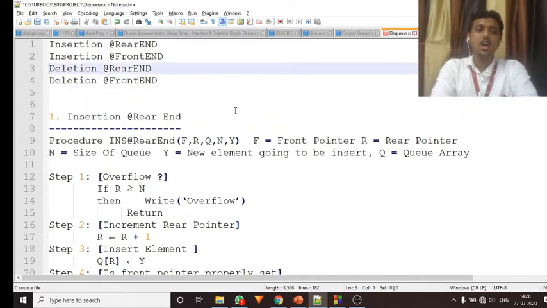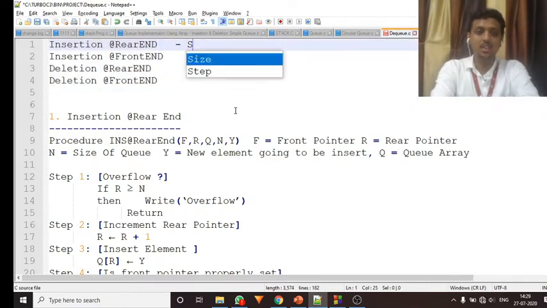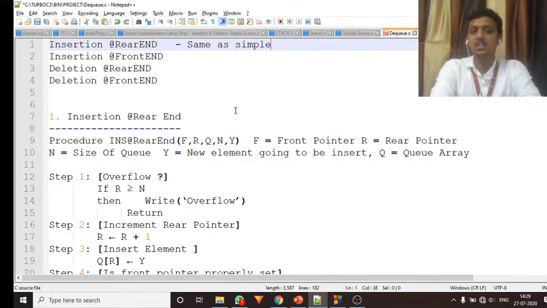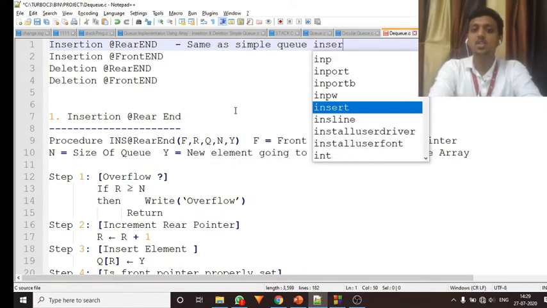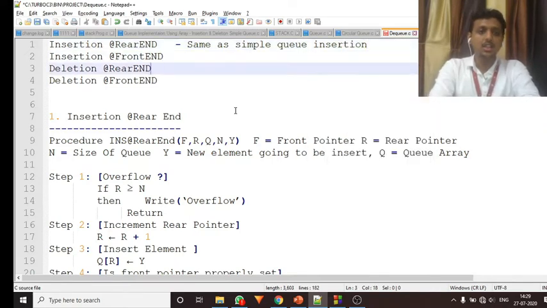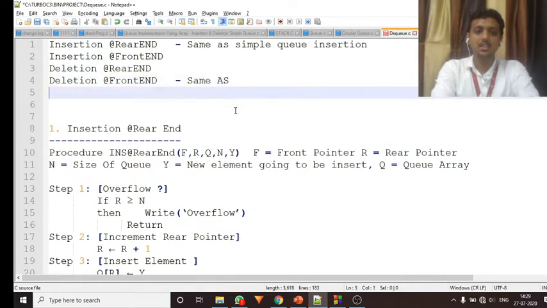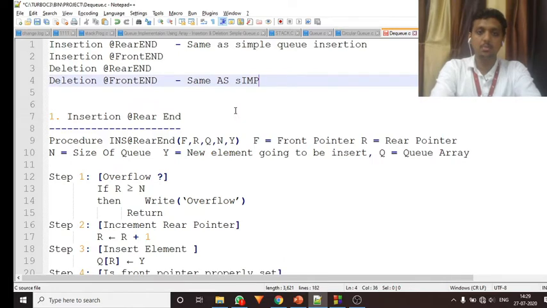So out of these four different algorithms of DQ, we know that the insertion at rear end algorithm is the same as simple queue insertion. And the deletion at front end algorithm is the same as simple queue deletion.